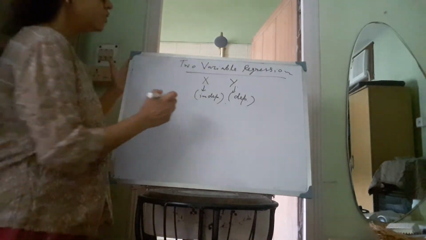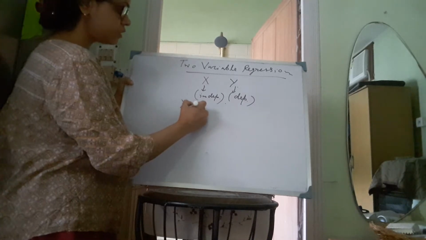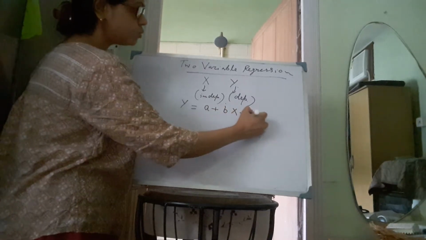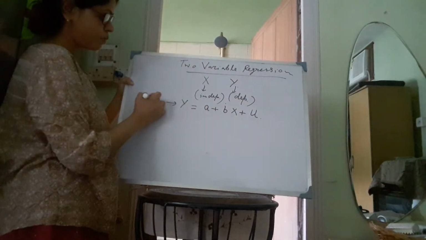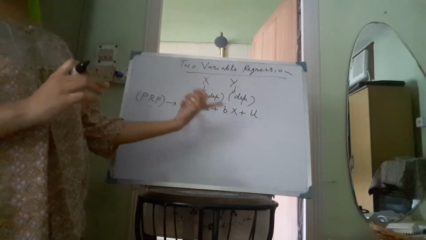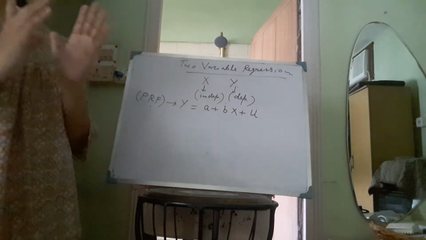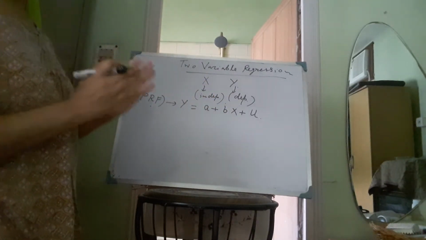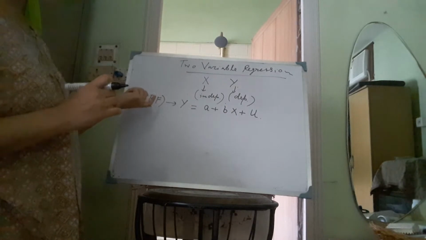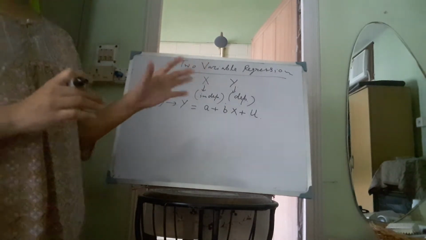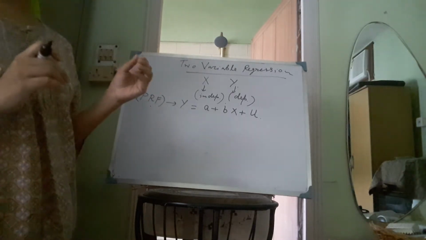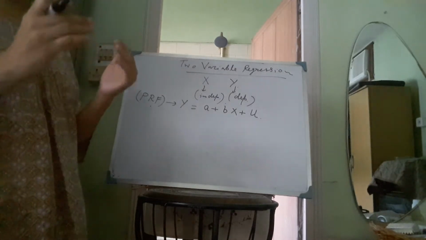So if I write a simple linear regression equation, then this will take the form y is equal to a plus bx plus u. Now this is called the population regression function, because this linear equation is true in the population. So if we have the data in the population, then we can use that data for modeling this linear equation. So that is why this is called population regression function. Now in reality, use of population regression function is not possible because we don't have that much of data. So for that we need to do sampling.